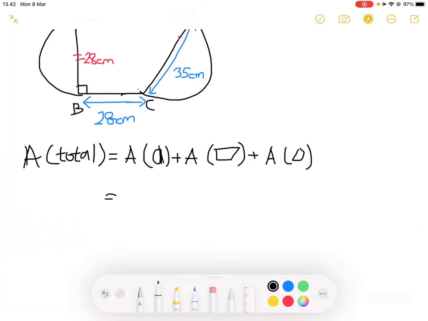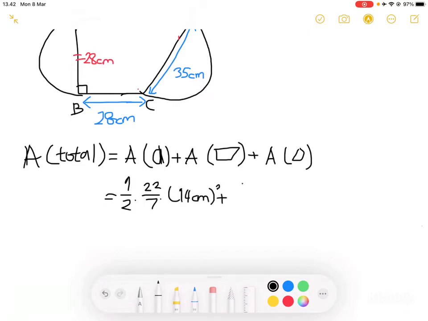The area of the semicircle on the left will be a half times 22 over 7, which is pi, times the radius squared. We need to find the radius, which is half its diameter, which is 14. So this is 14 squared,